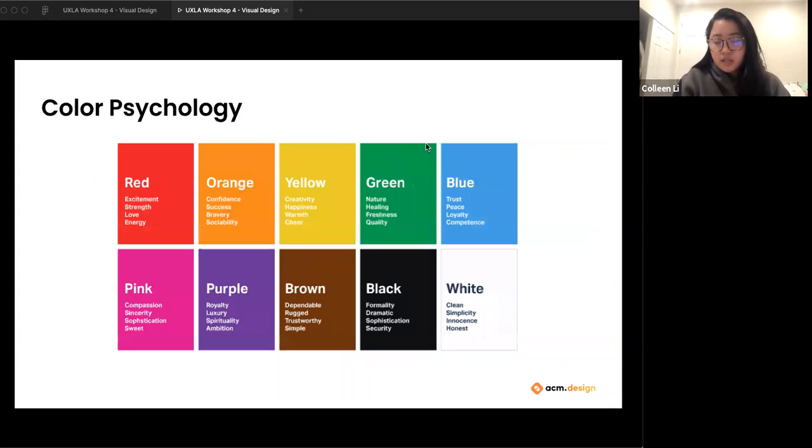And that goes into color psychology. So as you can see here, every color represents different feelings and will make users feel different things. So red indicates excitement, strength, love, and energy, and blue indicates trust, peace, loyalty, and competence. Ultimately, these are all intuitive features that make users feel certain things and interpret certain things without having to actually